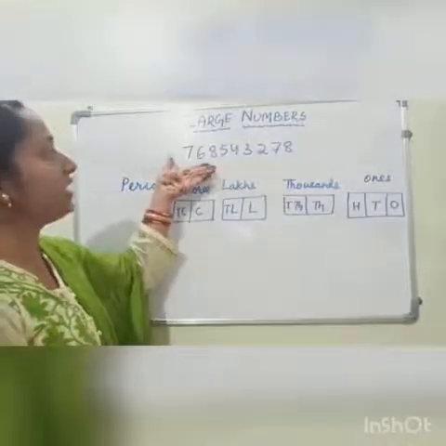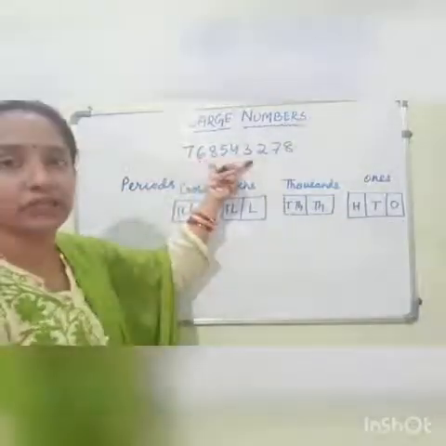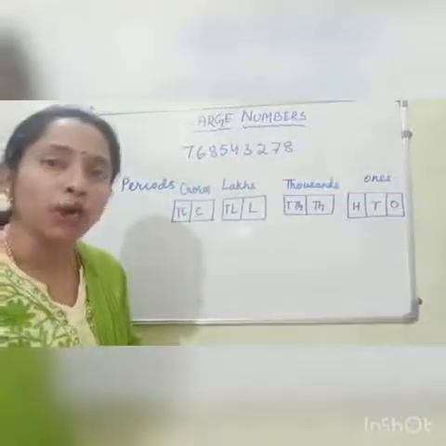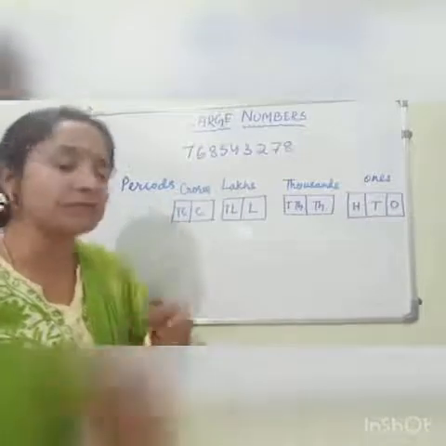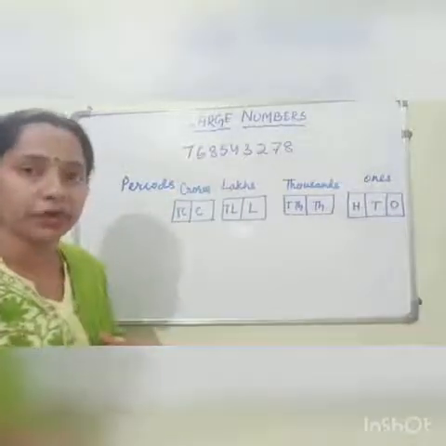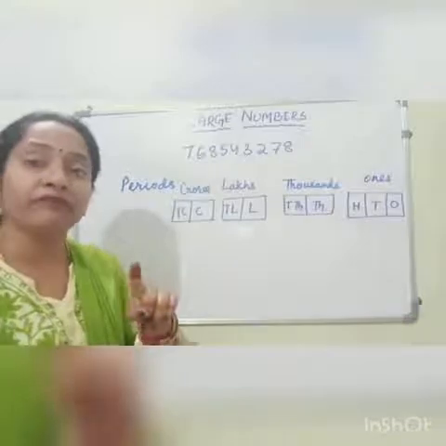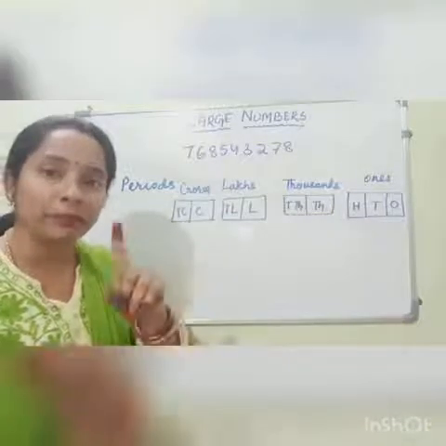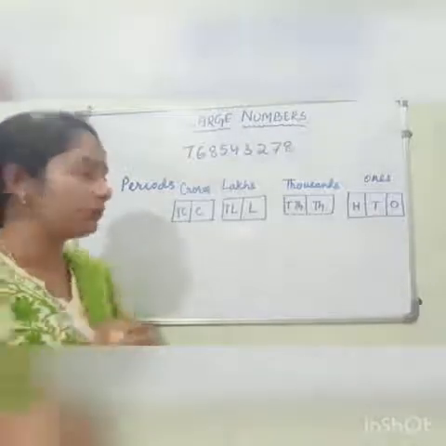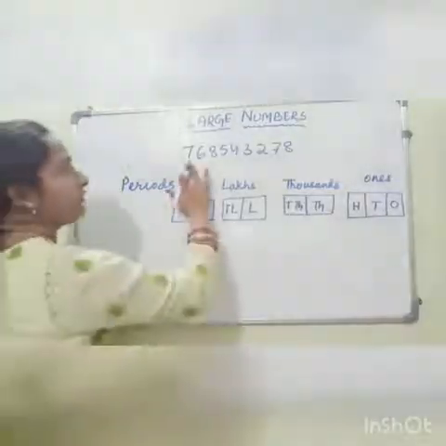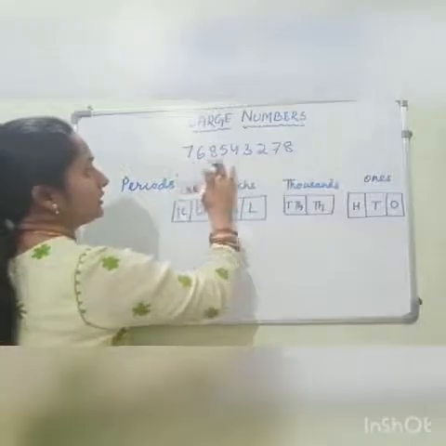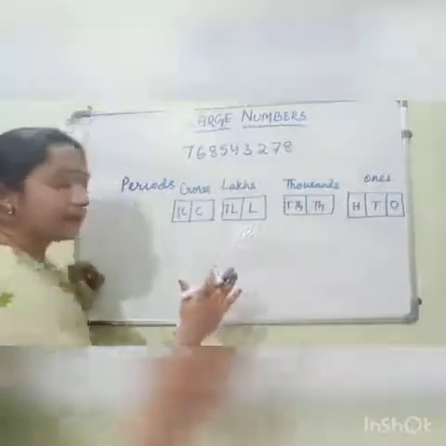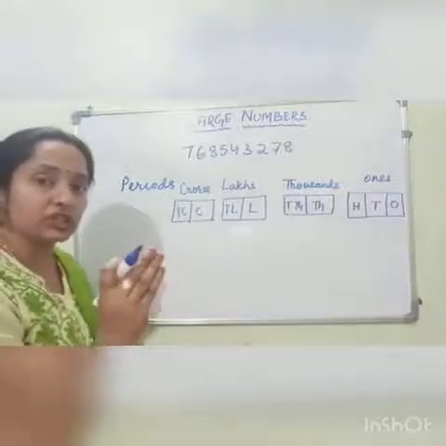Now let us try to write the given large number by separating their periods using comma or even using some space. So let's see how to write them. And the right way of writing a number by separating it with commas will be called the standard form of a large number. So now our number is this. So how will we write that number? By separating the periods using comma.